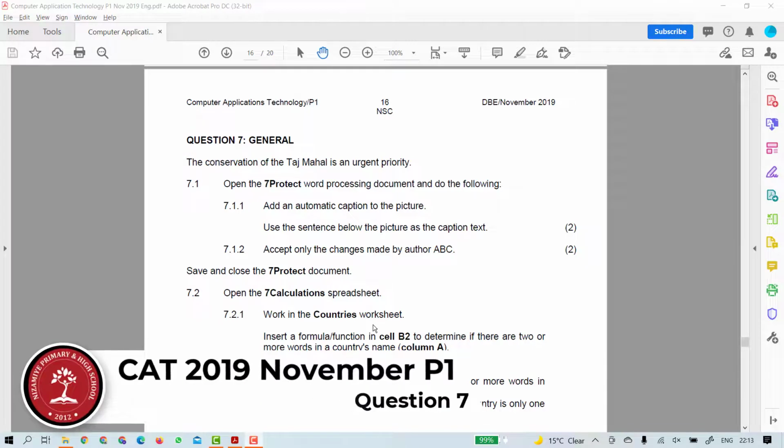Hi, in this video you will learn how to solve question 7 of 2019 November paper 1 for Computer Applications